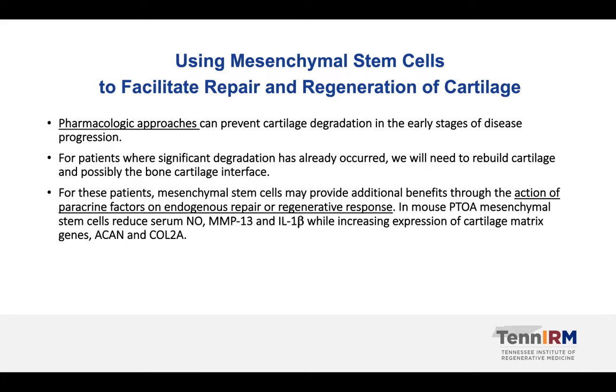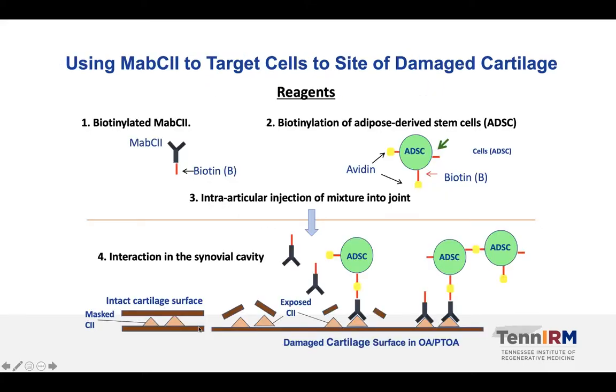We have seen that in the mouse PTOA model, the injection of adipose-derived stem cells reduces serum NO, MMP13, and IL-1 beta expression, and increases expression of cartilage matrix genes, aggrecan, and type 2 collagen. Now, this is very encouraging. Unfortunately, these cells do not bind to the damaged or normal articular cartilage. To encourage these cells to enhance their binding to the damaged cartilage,